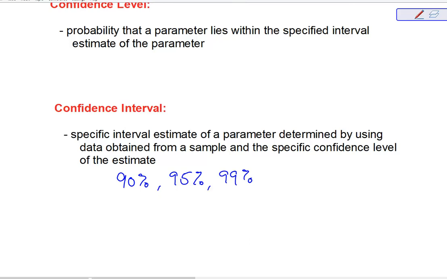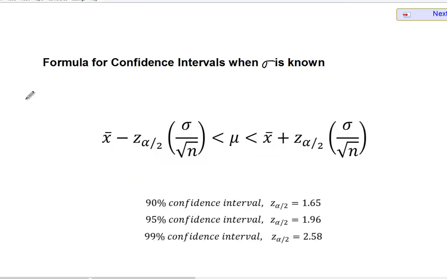A couple of things that we need to look at is, how do we find confidence intervals? The formula for finding confidence intervals: when we know the population standard deviation. We have to make sure that we know the population standard deviation for this particular case. If we know the population standard deviation, we're going to be using z-scores. Now then,